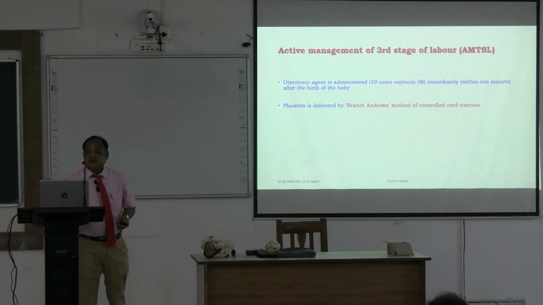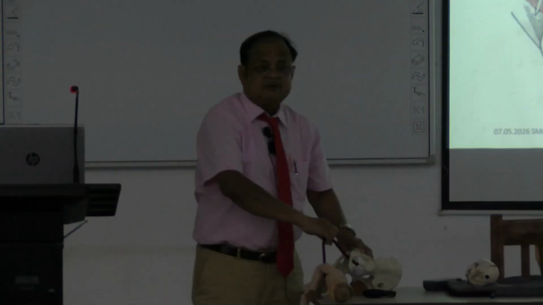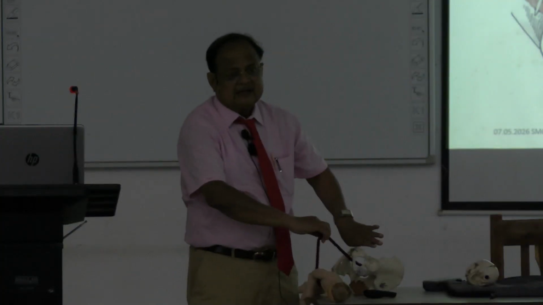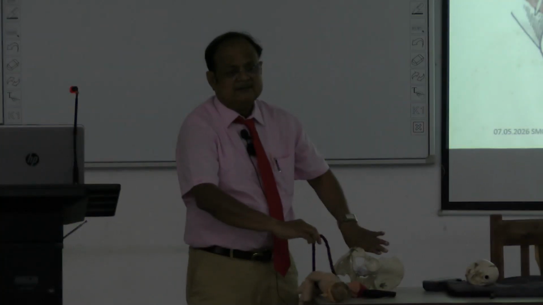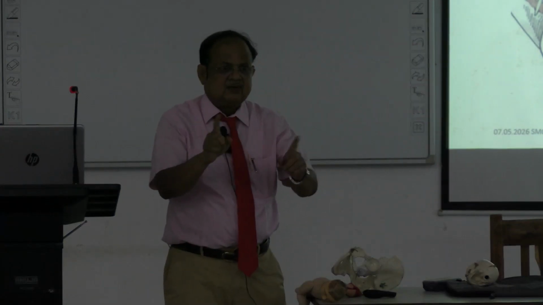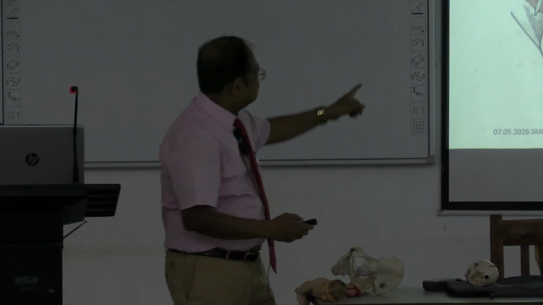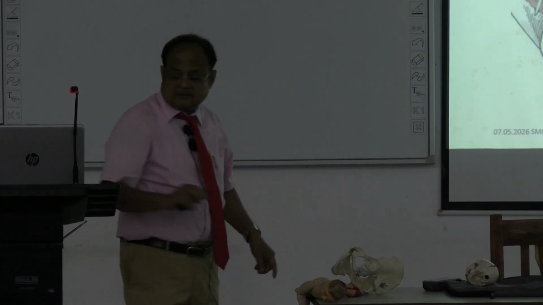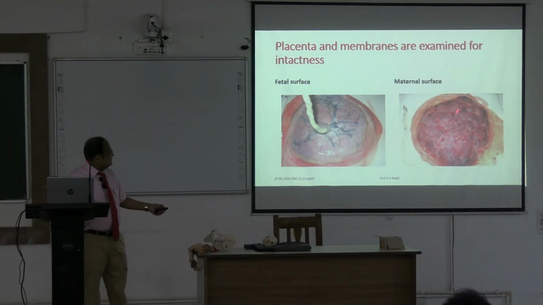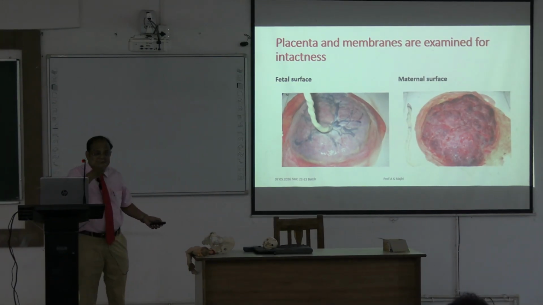অ্যাক্টিভ ম্যানেজমেন্ট অফ দ্য থার্ড স্টেজ, এটা তো শর্ট নোট। অক্সিটোসিন অ্যাডমিনিস্টার করে, প্লাসেন্টা ডেলিভার্ড, ব্র্যান্ড অ্যান্ড্রুজ মেথড। ক্ল্যাম্প করা থাকবে, হাতটা এখানে রাখবে, রেখে আপওয়ার্ডস অ্যান্ড ব্যাকওয়ার্ড গ্র্যাজুয়ালি ট্র্যাকশন দেবে, দিয়ে এটা ডেলিভারি হয়ে যাবে। দ্যাট ইজ কলড কন্ট্রোলড কর্ড ট্র্যাকশন। যারা করেছিল ব্র্যান্ড অ্যান্ড্রুজ, এদের নামে কন্ট্রোল ট্র্যাকশন। দেখো হাতটা সুপ্রাপিউবিক রিজিয়নে রাখছে। এটা হচ্ছে ফিটাল সারফেস। ম্যাটার্নাল সারফেসটা মেনলি দেখতে হবে, ঠিক আছে, ইনট্যাক্ট আছে। আর যদি না থাকে, মনে হচ্ছে খাবলানো থাকবে। পরে রিটেইনড পার্ট অফ দ্য প্লাসেন্টা যদি রয়ে যায়, ইনফেকশন হবে,